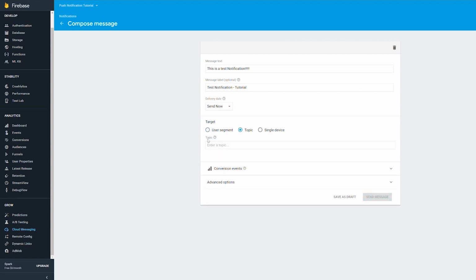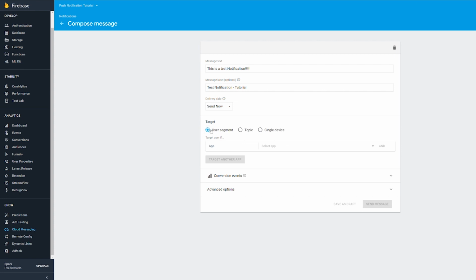You can also select topic if you have a topic for your app. For example, this would be people who are subscribed to certain news feeds within your app or something like that. Or you can do single device. This is where that token.token variable from Unity would be used. Basically, this is the Firebase Cloud Messaging device token, and you can dump that in there and send a message to a single device. But for the purposes of this tutorial, we'll just do user segment, select the Android app,